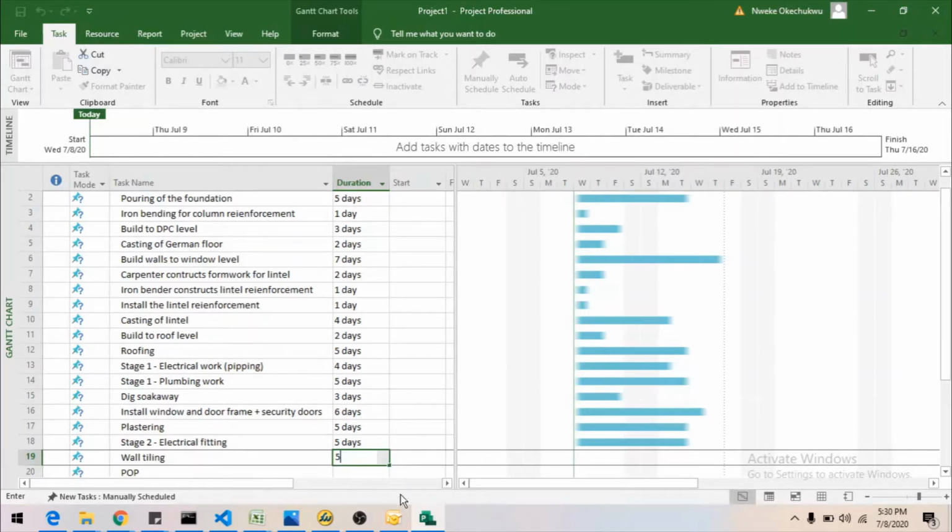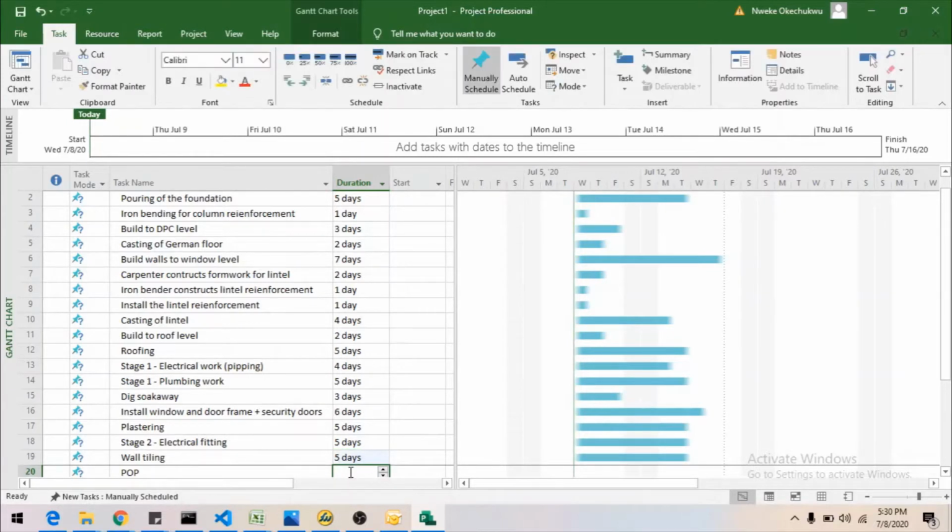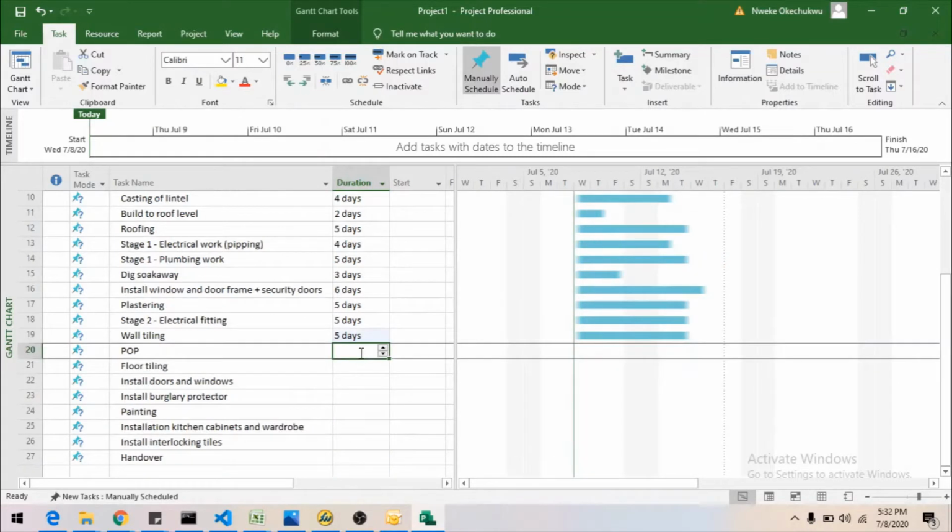Then the POP should take, no, I think wall tiling will take a whole lot longer than that. Wall tiling should take a whole lot longer than 5 days, but this is the breakdown we have. Okay, stage 2 electrical fittings also needs to come in here somewhere. Okay, so the POP